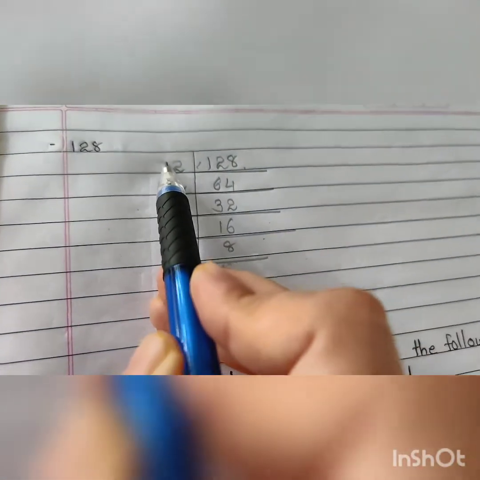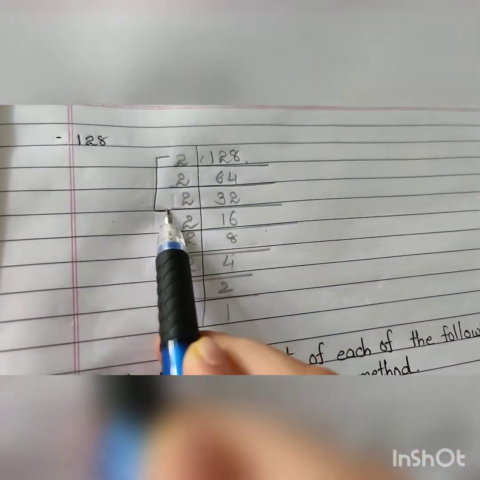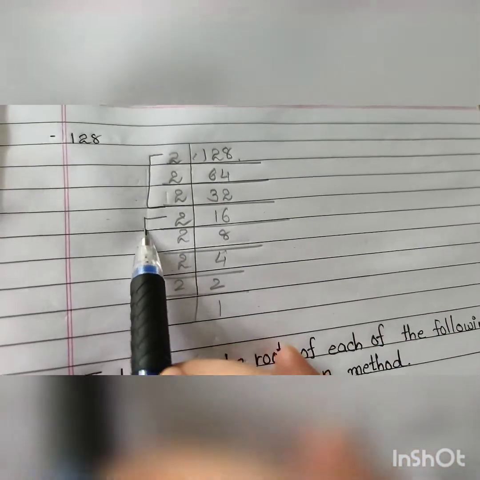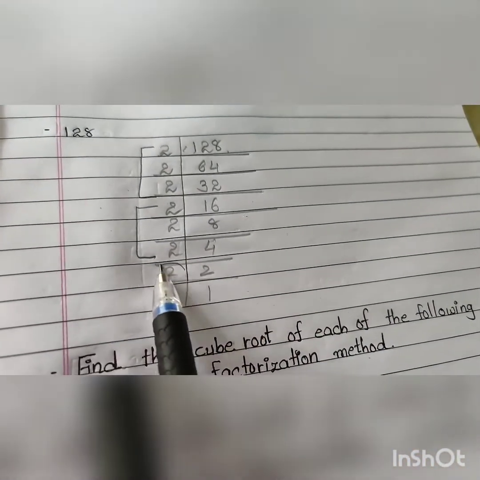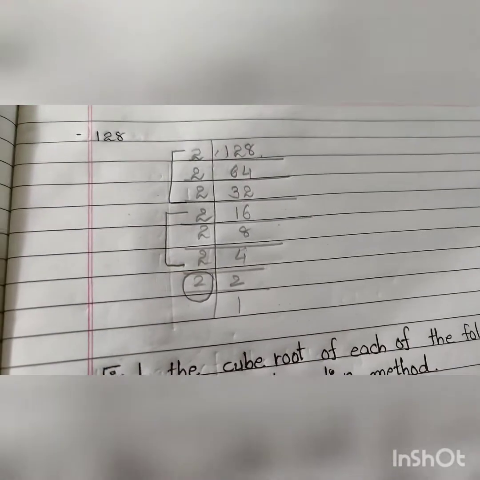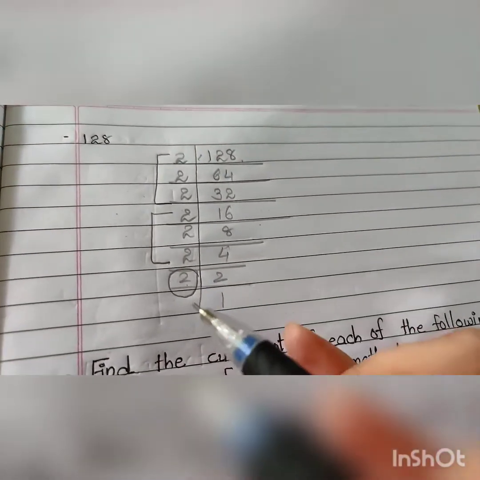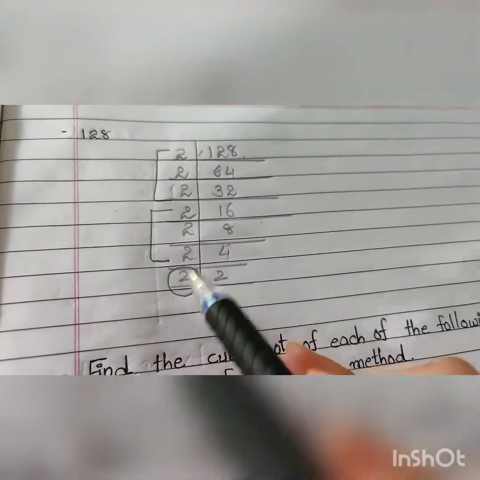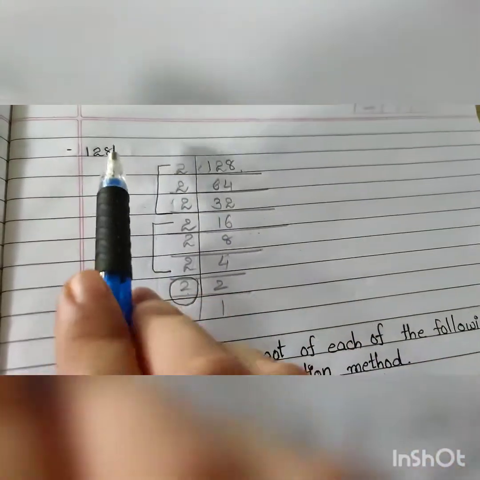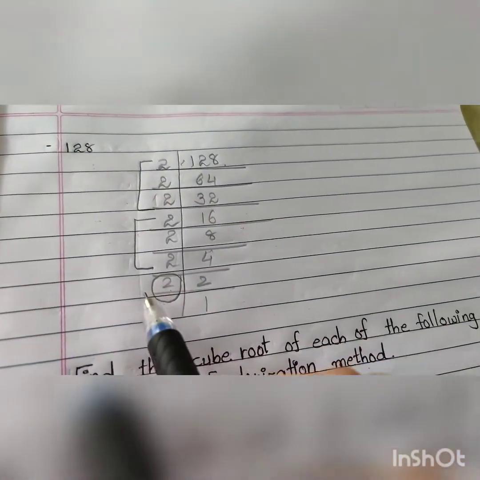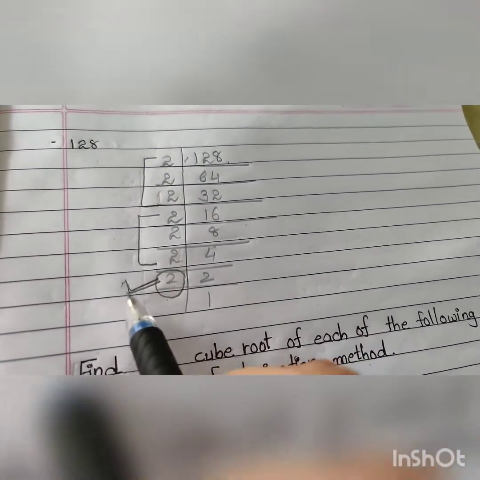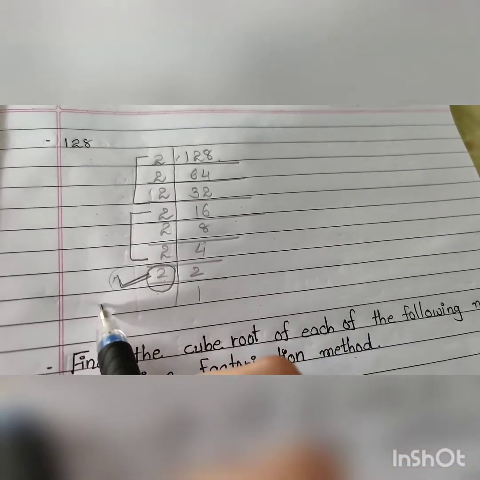Stop. Now make a group. See, here only you can make. This is the first one, this is the second one, and this 2 is left, right? यानी ये 2 सिर्फ एक ही है, ये दोनों 3 times है, लेकिन ये नहीं है. So this 128 will be divisible by this leftover number, that is 2.